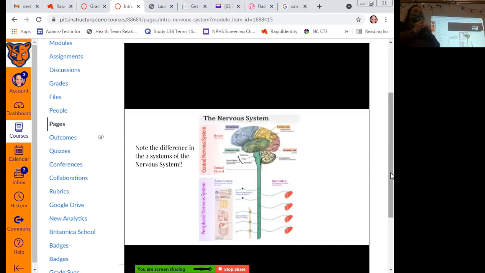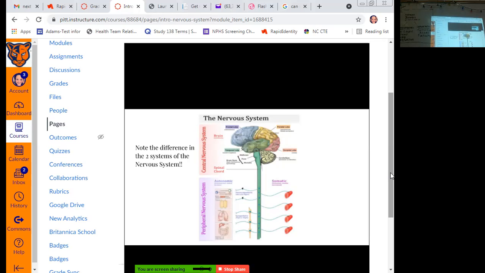So what you see here is the slide that I was talking about earlier. This diagram has a visual representation of all of the different systems we've talked about here in the CNS and the PNS. Okay, so you have the nervous system, your CNS, brain and spinal cord. You have your peripheral nervous system, which is all the little nerves coming out of the body. You have your autonomic stuff that happens automatically, and it gives you examples. Then you have your somatic nervous system, which is the stuff we're in charge of. So it has it connected to muscles. So this is a really great diagram to be able to put everything visual in your head if you are a visual learner. Okay? So make sure you revisit this slide